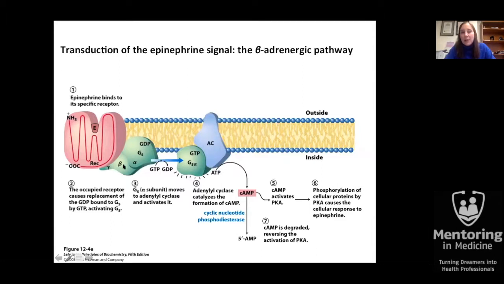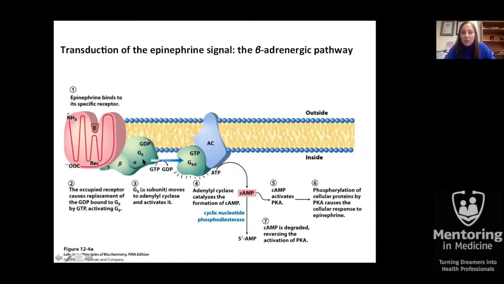The beta gamma subunit will remain in one place, whereas the alpha subunit, upon the epinephrine receptor being bound, the epinephrine receptor will have a slight conformational shift that results in the GDP that has been bound to the alpha subunit being released, and GTP can come in, and we have an activation of the alpha subunit